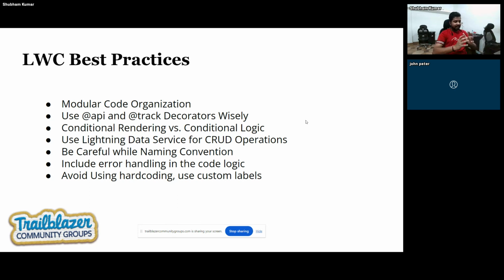Now coming to the third point, conditional rendering versus conditional logic. Conditional rendering is something where we have template if:true and if:false inside Lightning Web Components. Now in Salesforce we have lwc:if and else. So we can create multiple if-else statements inside the Lightning HTML files, and we can render the elements based upon our requirements. So we always need to think carefully